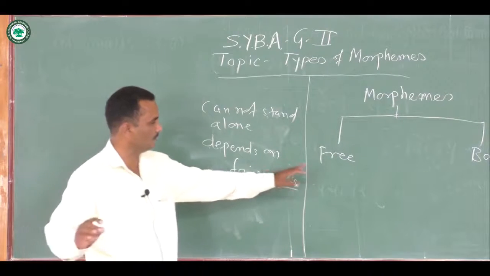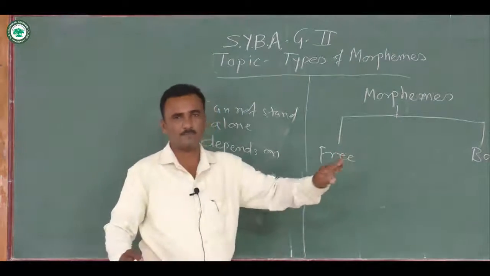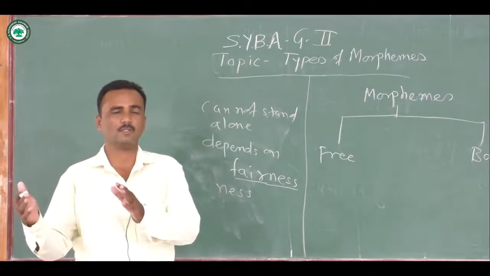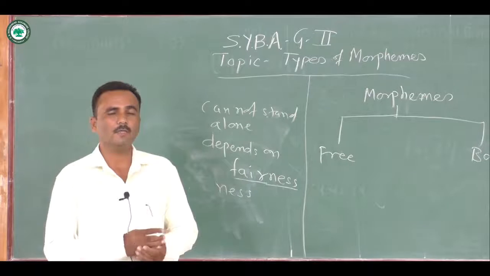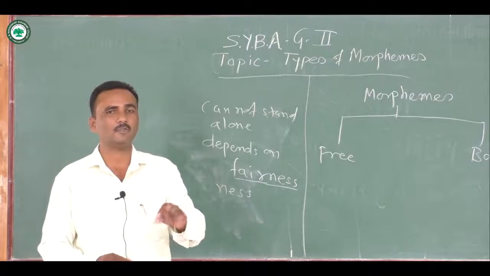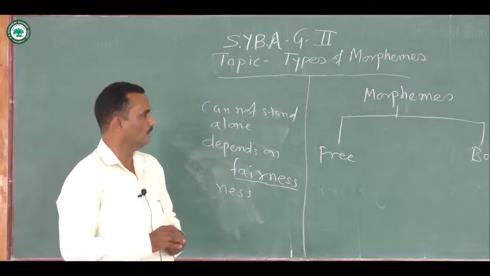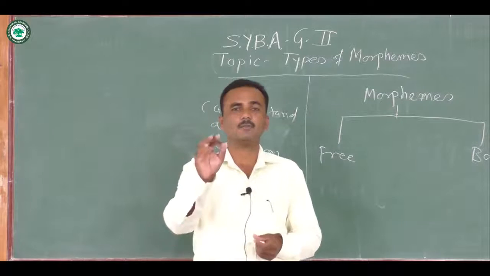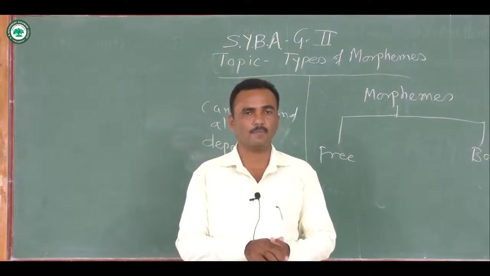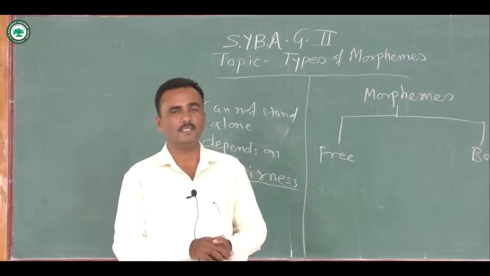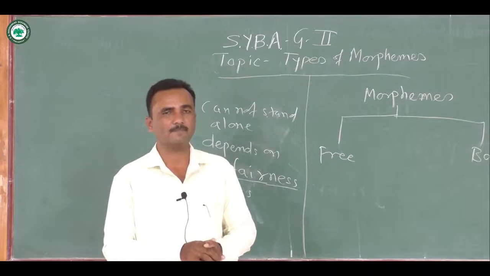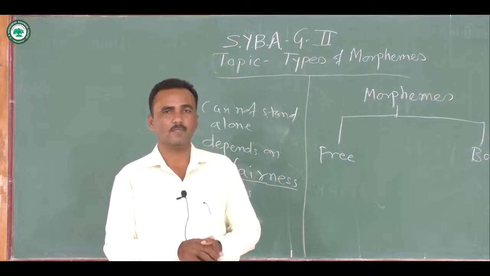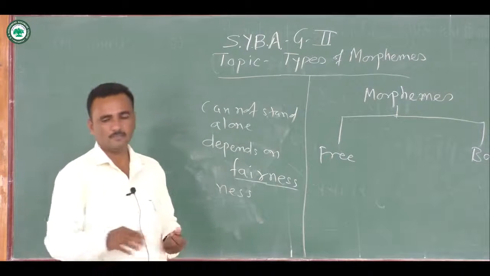So this is the basic difference between free morpheme and bound morpheme. Free morphemes can stand alone for the meanings. They do not depend upon other parts or another morpheme. So they can give complete meaning without being attached to other part. On the contrary, bound morphemes need to be attached to other part, other morpheme, to make meaning clear. So meaning cannot be understood until and unless they are attached to the root, the stem or the base word. We are going to see some more examples of bound morphemes.